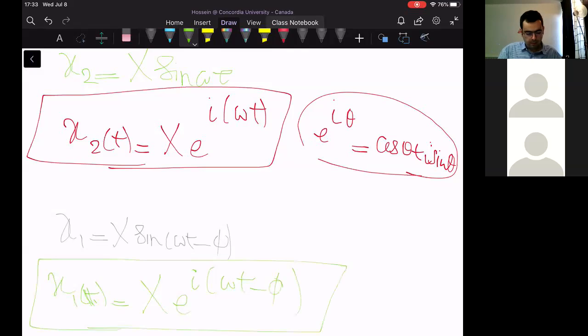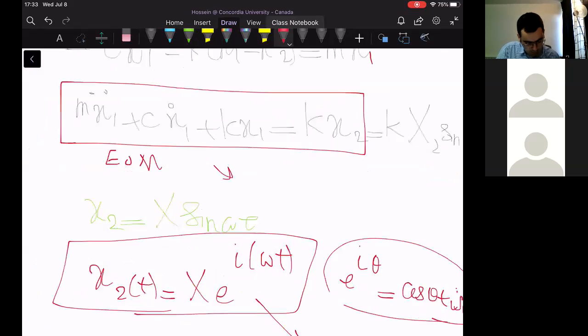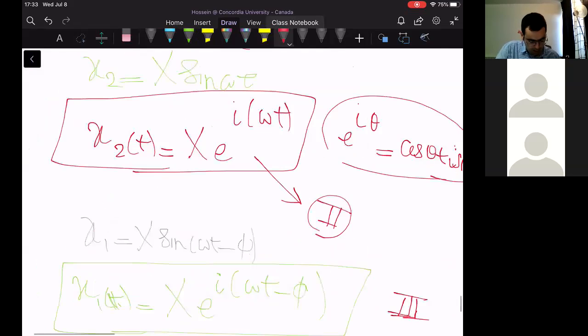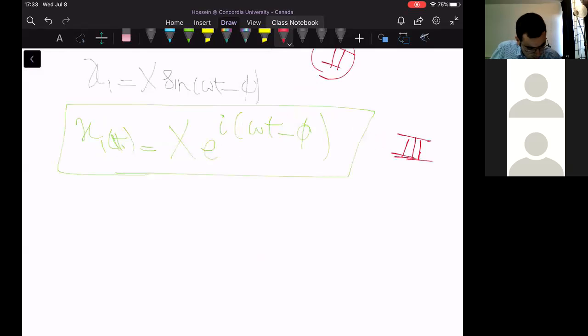For solving this equation of motion, let me call this equation 3, sorry, and let me call this equation 2, and this equation 1. So by plugging 2 and 3,